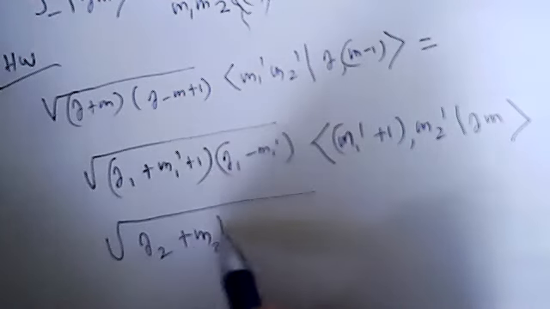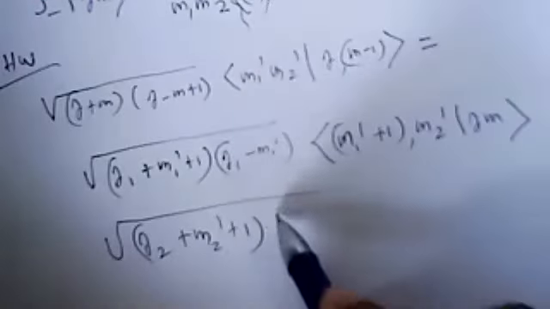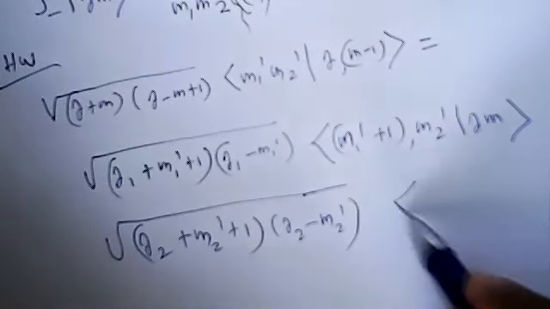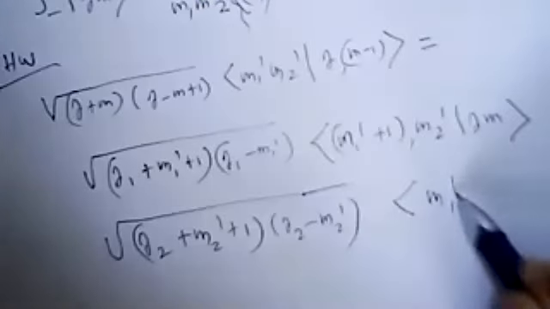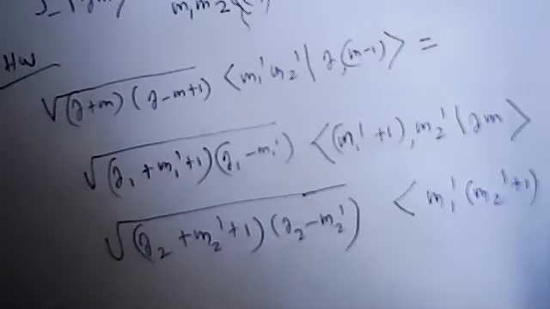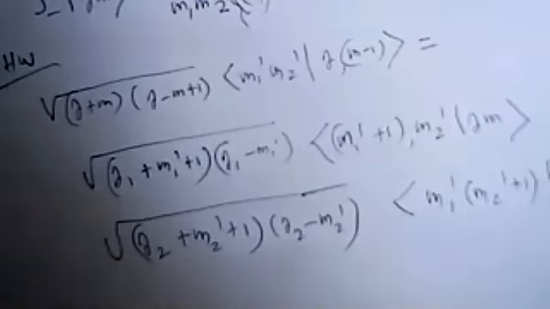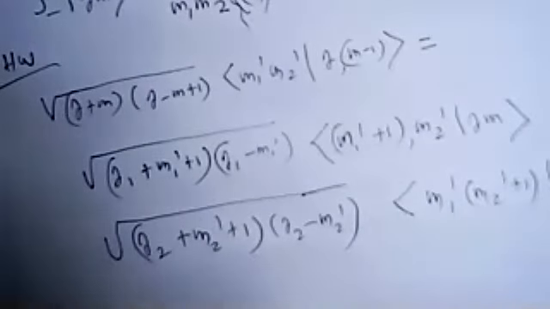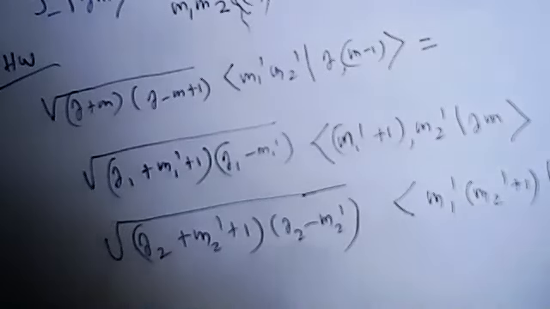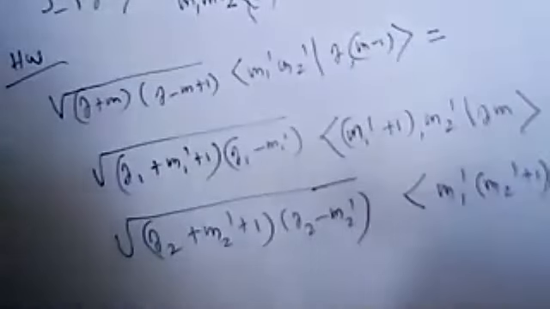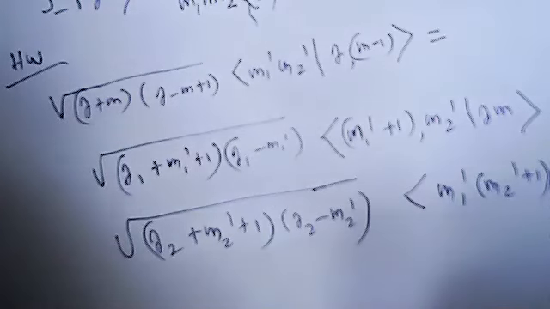Plus square root of j2 plus m2 dash plus 1, j2 minus m2 dash, then m1 dash, m2 dash plus 1, jm. This is the result you are going to get. So this is the second recursion relation. This is your homework. So these two recursion relations, by using these two recursion relations, you will get the